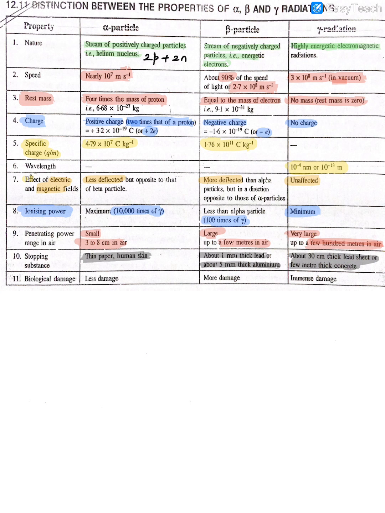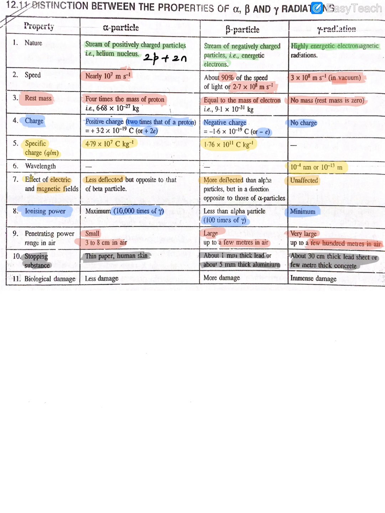Remember, they may ask you why we don't need to take any extra precautions so that alpha particles do not enter into your body through your skin. It's because they cannot penetrate through our human skin, or even through thin paper. But remember, they are dangerous if you consume them, like through dust particles while inhaling air, or through some food. Why? Because they have very high ionizing power. So this was about the stopping substance.